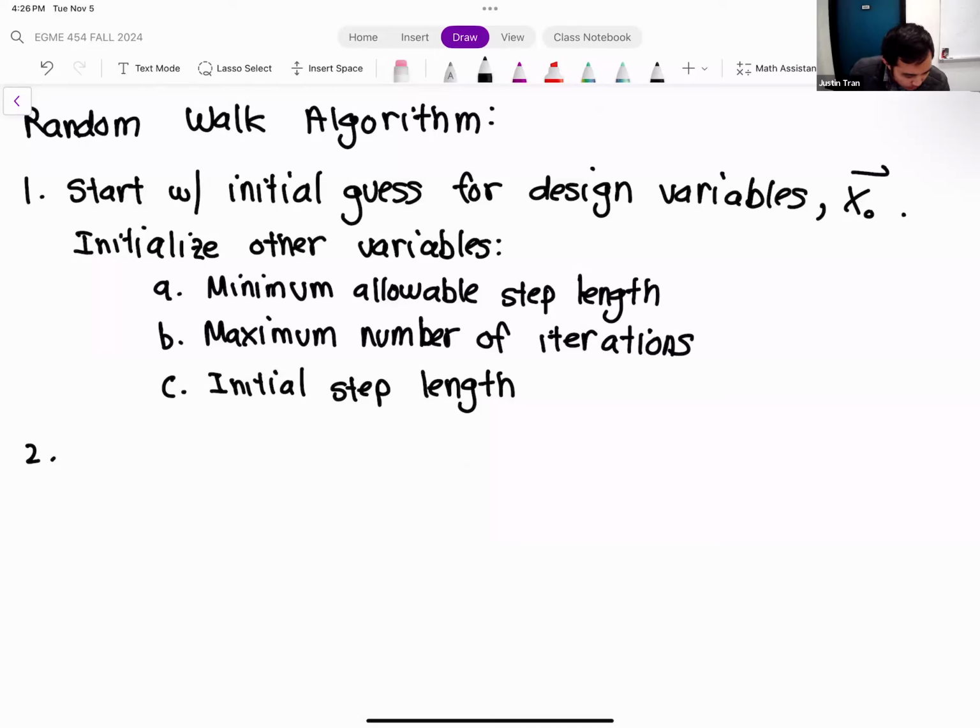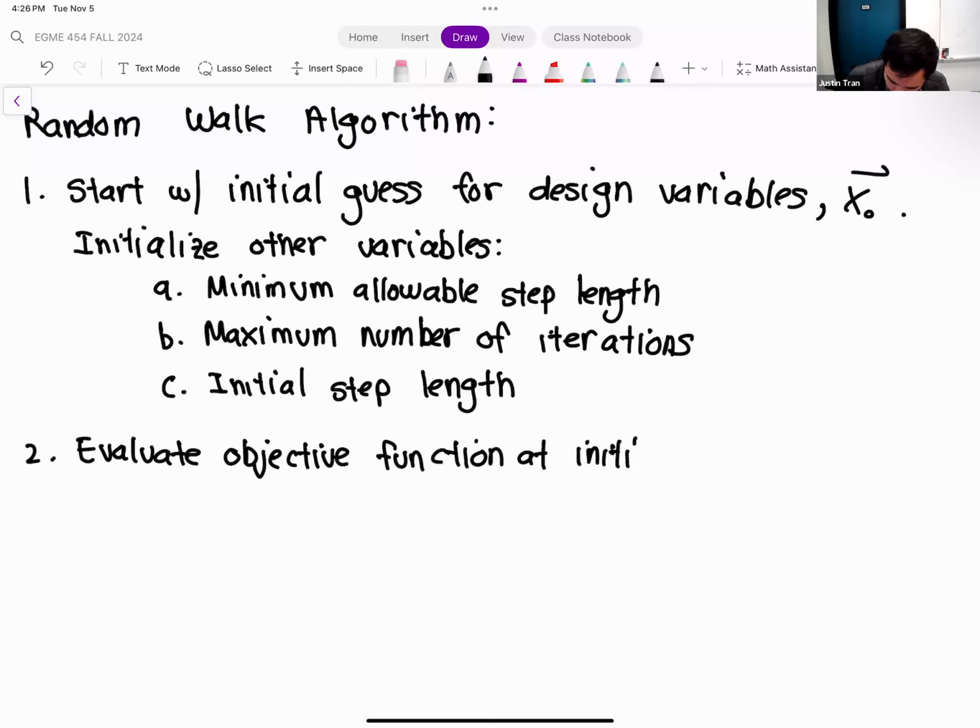Step two. In this algorithm, we need to evaluate our objective function at our initial point. We'll call that F naught.